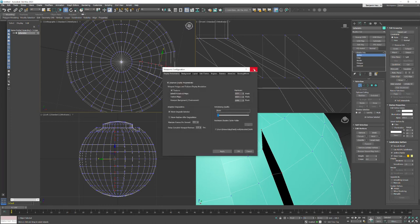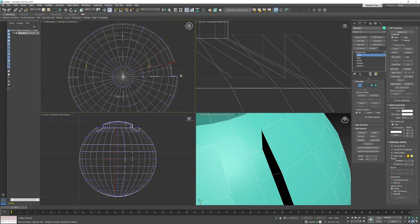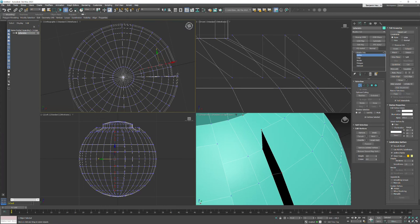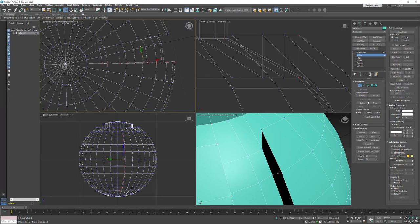And now I'm going to come back down to that orbit. Whoops. Viewport configuration. Don't know why that turned on. Let's turn that off. I'm going to click orbit again and click. And I want to get that row beneath it. Right click to get out of orbit. I'm going to grab this row. I want to make sure I only have this row. I'm going to do the same thing. Y. And then I can grab that, and this time the Y value needs to be negative 7.5